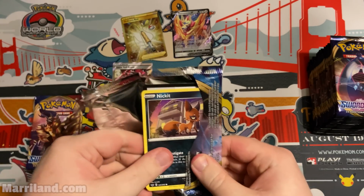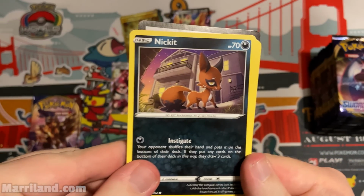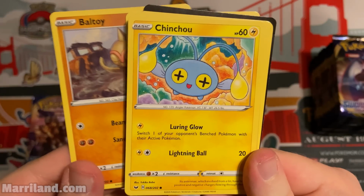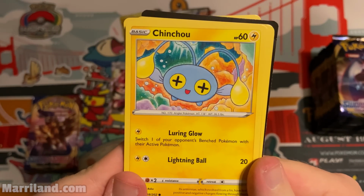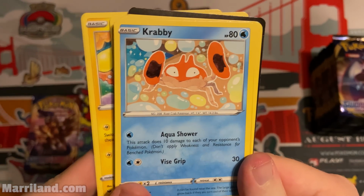Hey, there's another one of those Nickits. I'm building the deck, it's happening! I kind of want to, just to see. Like, I really haven't built a deck in a long time. I've wanted to play for a bit, but I at least try to collect every now and then. But now I kind of want to...